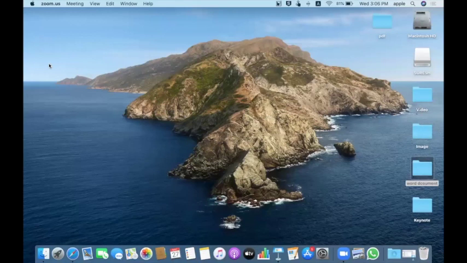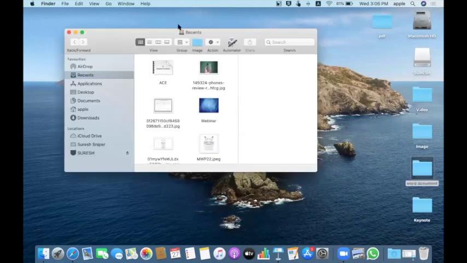So Finder will be available in your dock. The dock will be at the bottom. So this is the Finder. Just click on it. When you get a new Mac, probably you cannot see the Macintosh HD, or when you connect any external peripherals like a pen drive, it won't be visible there. By default it won't be enabled. So when you get a new Mac, or if it's not displaying there, you have to manually enable it.